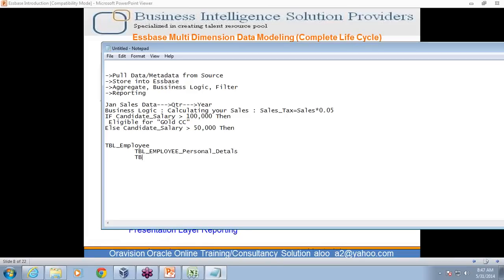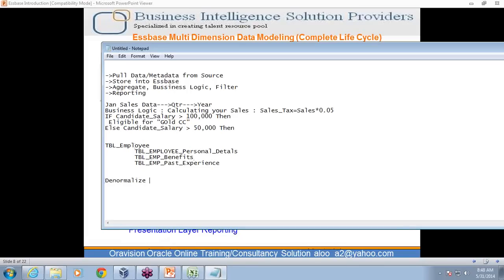I got another table, TBL employee benefits, all the benefits associated with them. TBL employee family background, past employers, past experience, and so on. There are so many tables talking about employee which we require to denormalize.